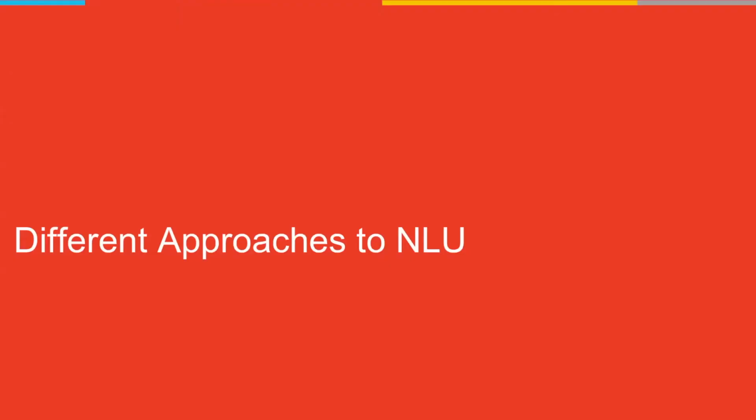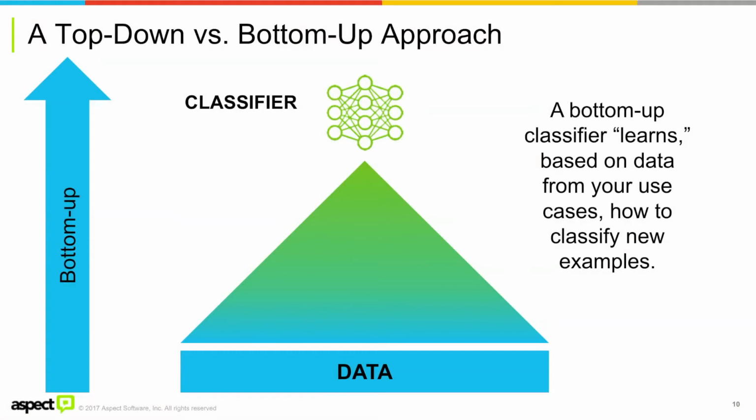So there's a lot of different ways of going about this from the technology side. And I could go way deeper into this than any of you want to hear, because this is my research area for the past 20 years. But under the surface layer, we have the typical classifier, which is what we call the bottom-up classifier, starting with data. So if you have an enormous amount of example sentences that your customers would use to express different intents, then you can train a classifier to say, okay, these are the different sentences I've seen in the past. Train this classifier so that when I see new sentences, it can figure out which intent it belongs to. So it goes from the data up to the classifier.